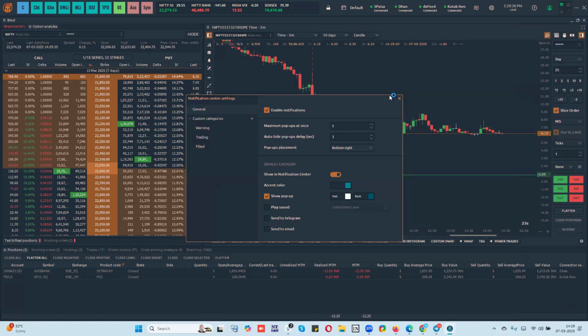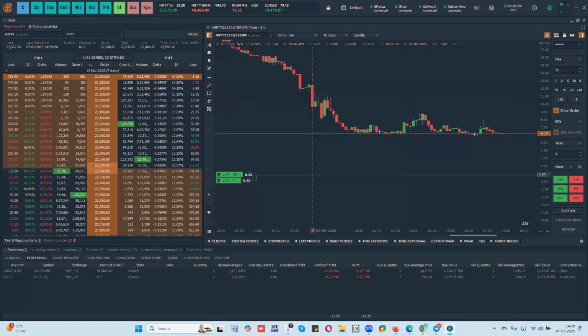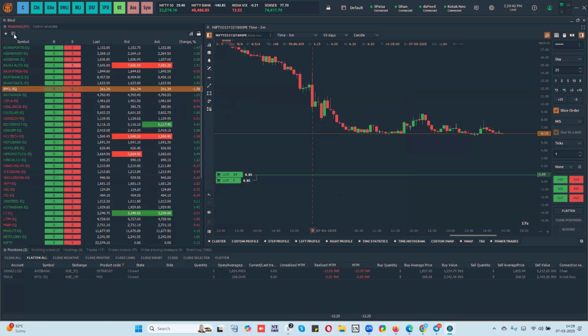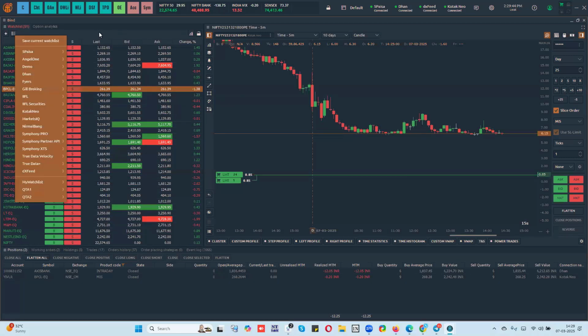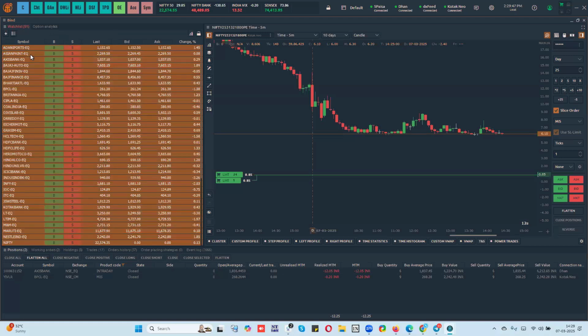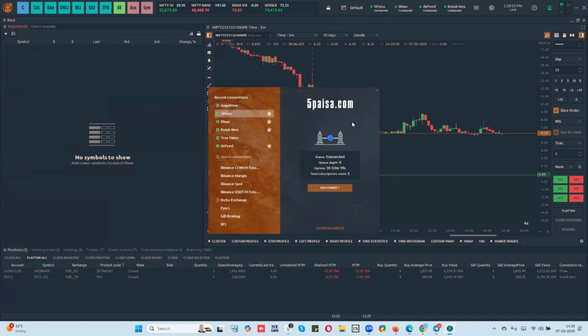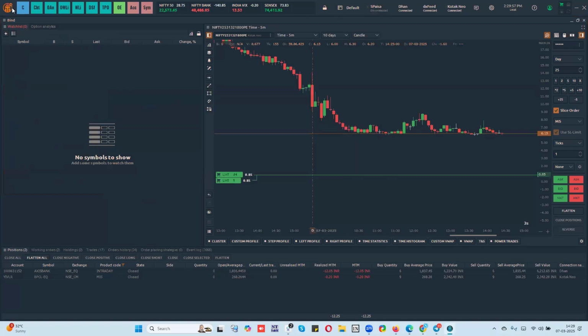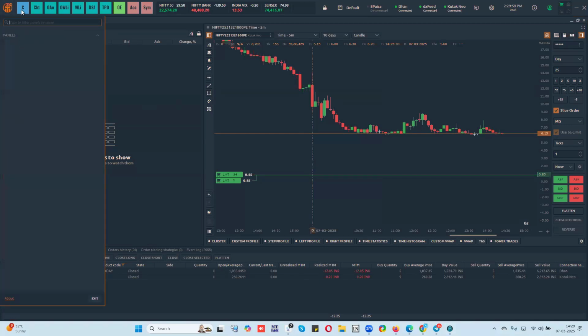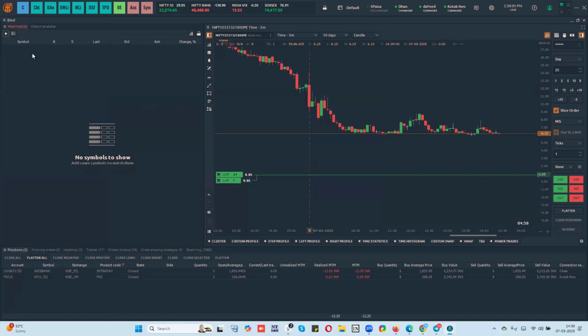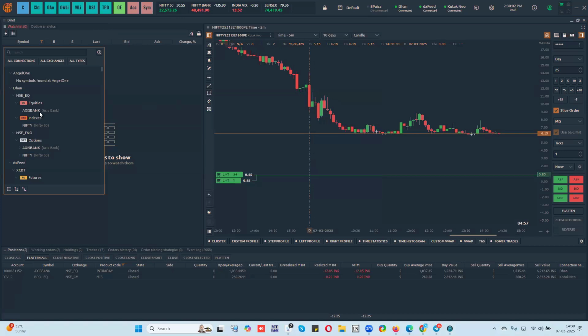How to create a watch list and add symbols which are tradable? Simple. You have a watch list here. Let me delete this watch list for the time being. If you want to add your symbols, you can keep adding symbols here. Let me disconnect 5paisa because my orders are not going. So let's go to the watch list here. You have a symbol like this. You can add any symbols that you want.